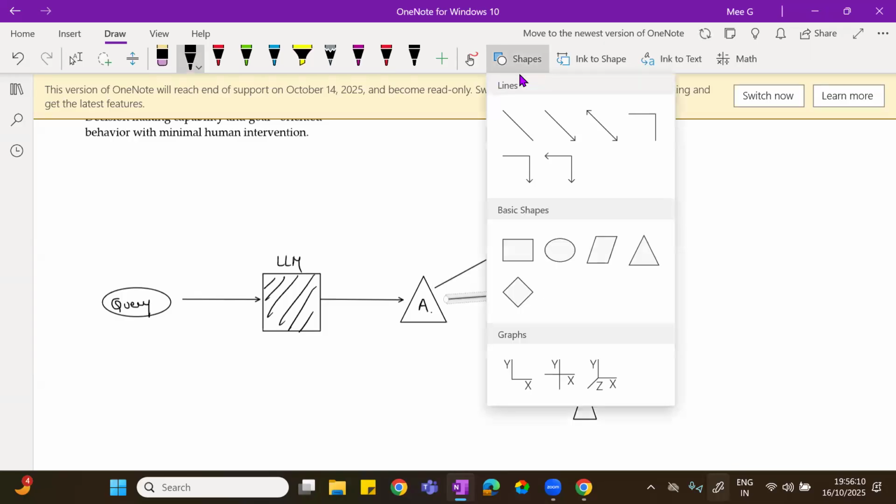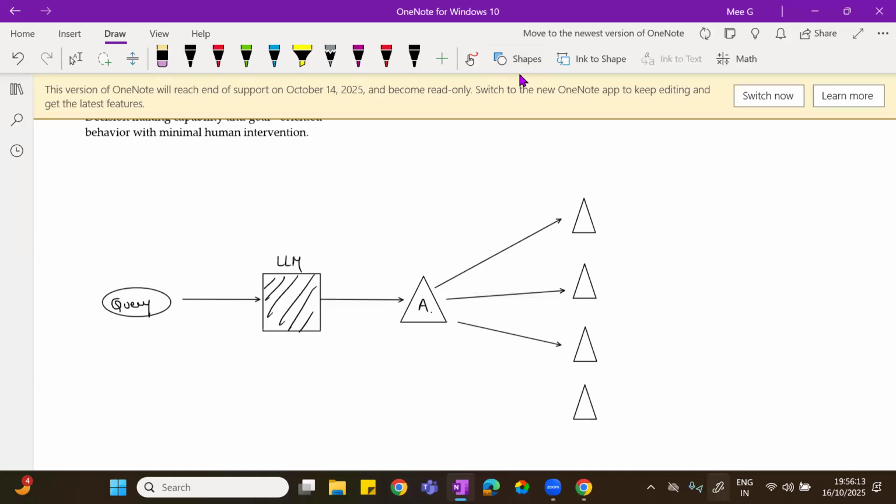Our involvement is zero over here. It will take care of the stuff. And these agents will be provided with some tools. Agents 1, 2, 3, 4 will use these tools and acquire the necessary information.